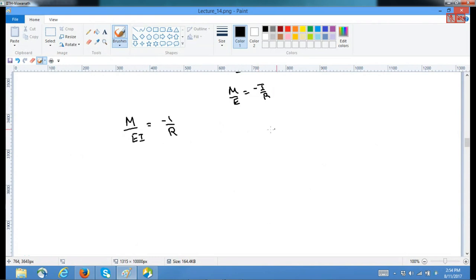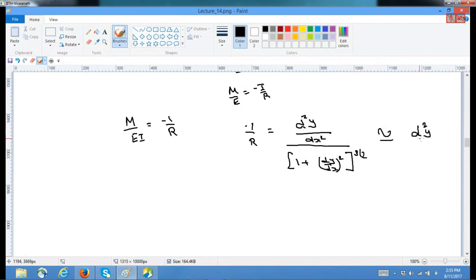But using calculus, one can show that R is equal to d2y by dx2 divided by 1 plus dy by dx whole square to the 3 by 2. This is approximated as d square y by dx2. Since dy by dx is small, its square is small and negligible. When you raise it to the power of 3 by 2, it can be neglected altogether. So I can write M by EI is equal to d square y by dx2,